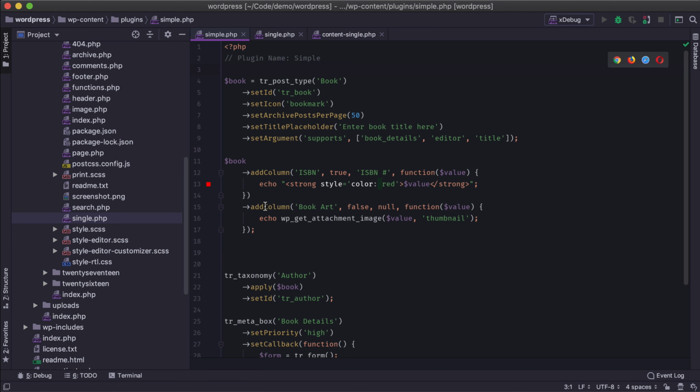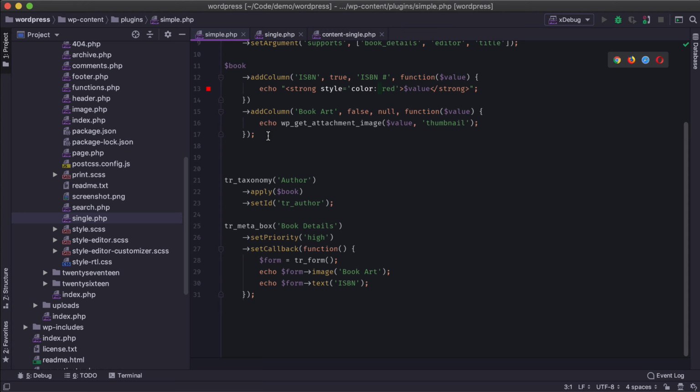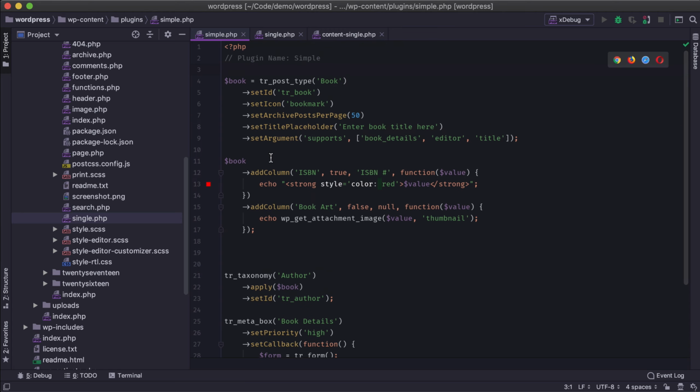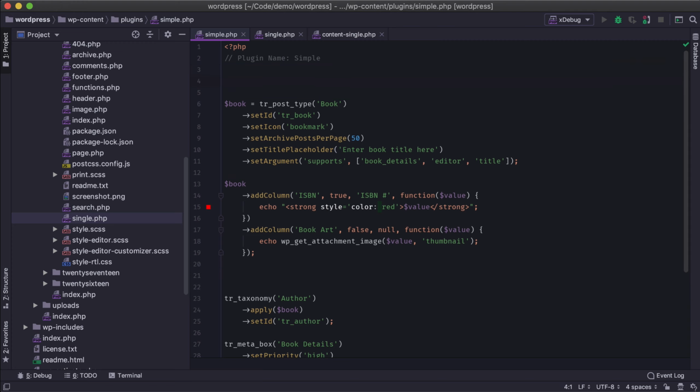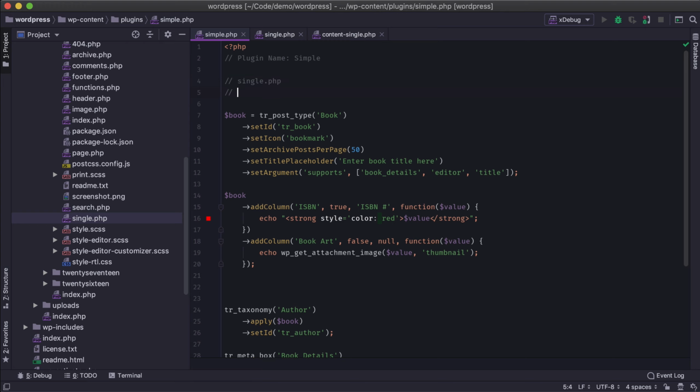For this particular setup, we have our custom fields inside this meta box. I'm not really going to move anything around here. And if you're not familiar with post types, WordPress adds post types to the front end using what's called template files. And these template files correspond to single.php. And then if it's available, it will look for single dash the post type ID name, which in our case is